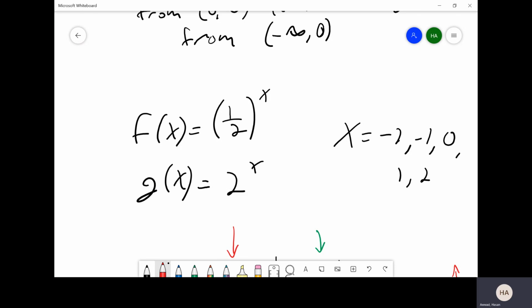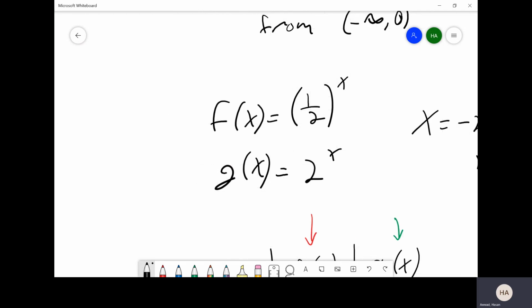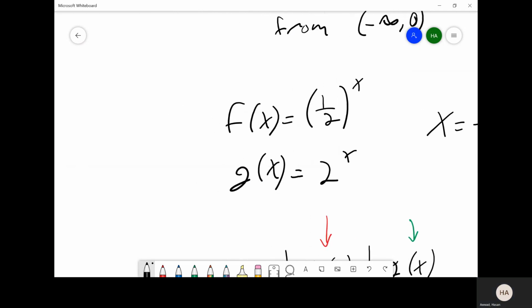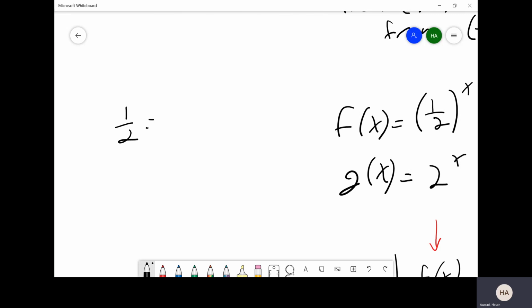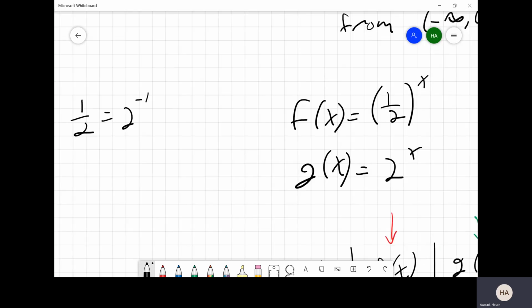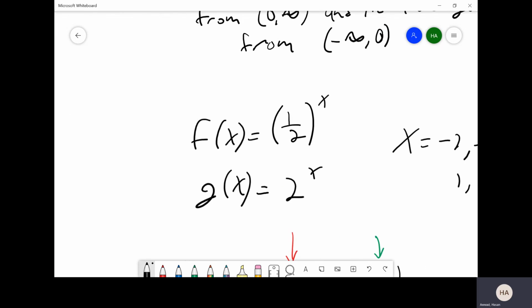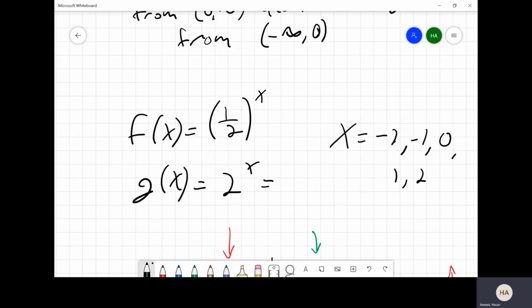But in reality, we actually do. So the reason we actually do is because we know that 1/2 is really 2 to the negative 1, right? So if we're talking about f of x being 1/2 to the x power, g of x can always be